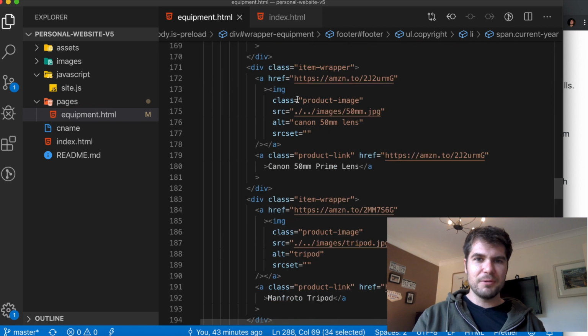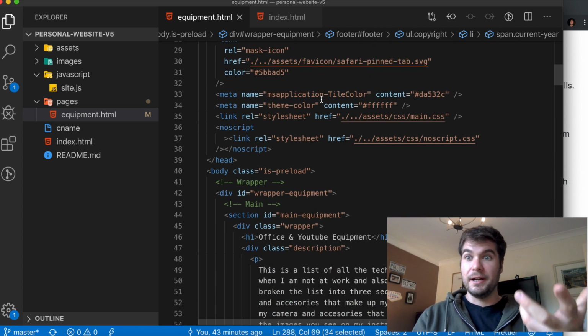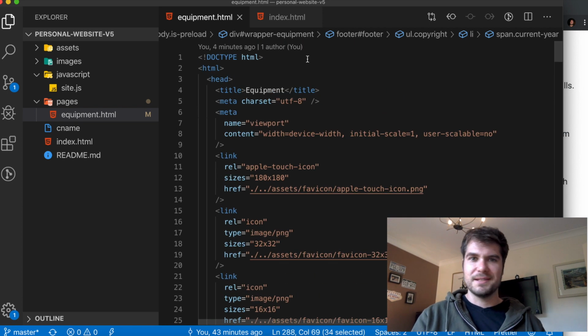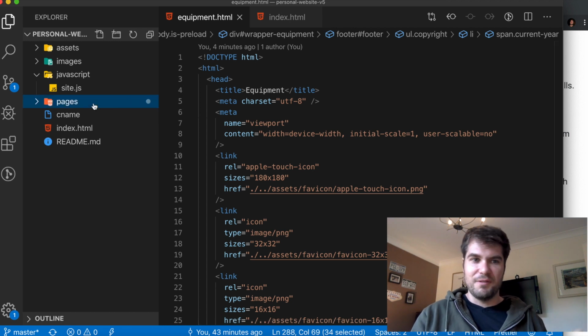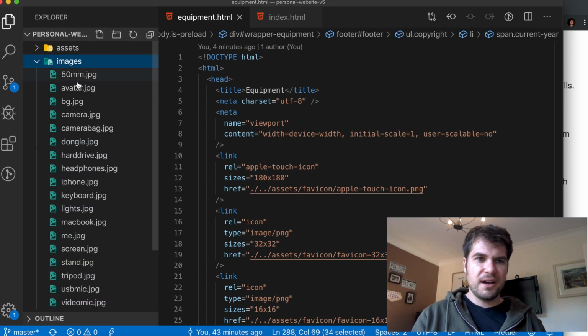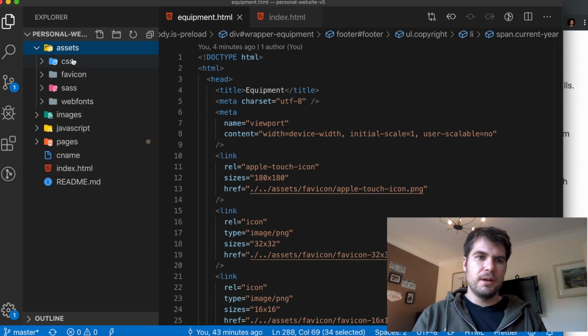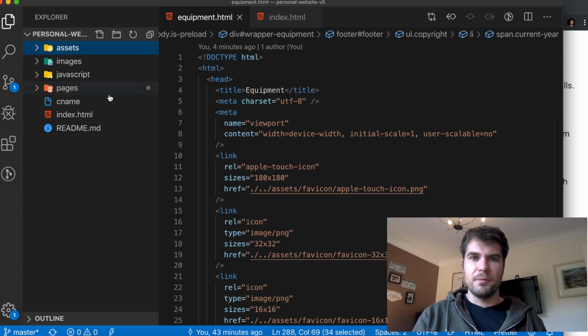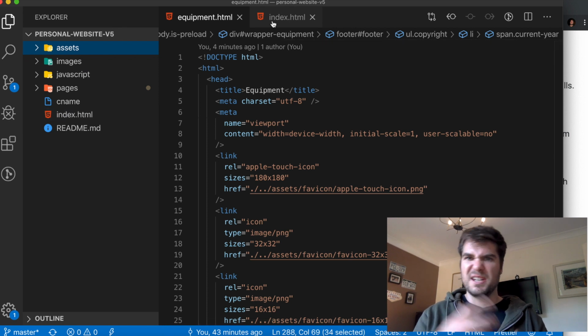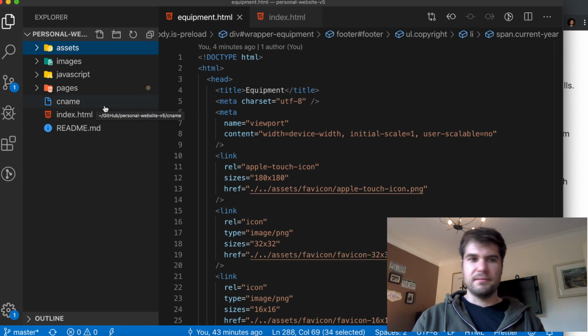But yeah, no, building this site, or building the current iteration of this website, because who knows what it's going to be in a year's time from now, was a real eye-opener. Getting all the images in here, getting them all in the images file, tidying up the CSS from the original one that I downloaded. There was a lot of classes and stuff that I didn't need, so I wanted to pull that stuff out. Just adding a CNAME for linking up my domain name.